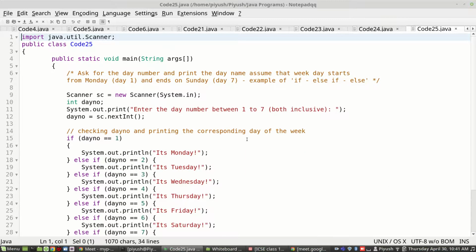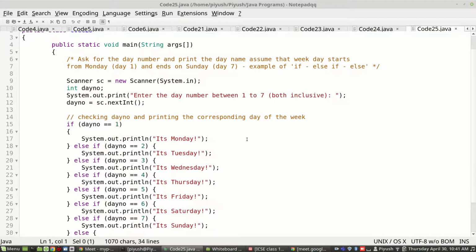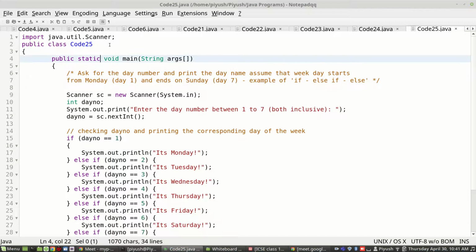Okay, fine. This is a multi-line comment that I have given on the top. Because we are accepting input, we are using a scanner here, and in this line we are asking for the day number from the user, and before asking we are leaving an appropriate message. Once the user gives a value, it goes into the variable named day number, which is nothing but a memory location in the computer.